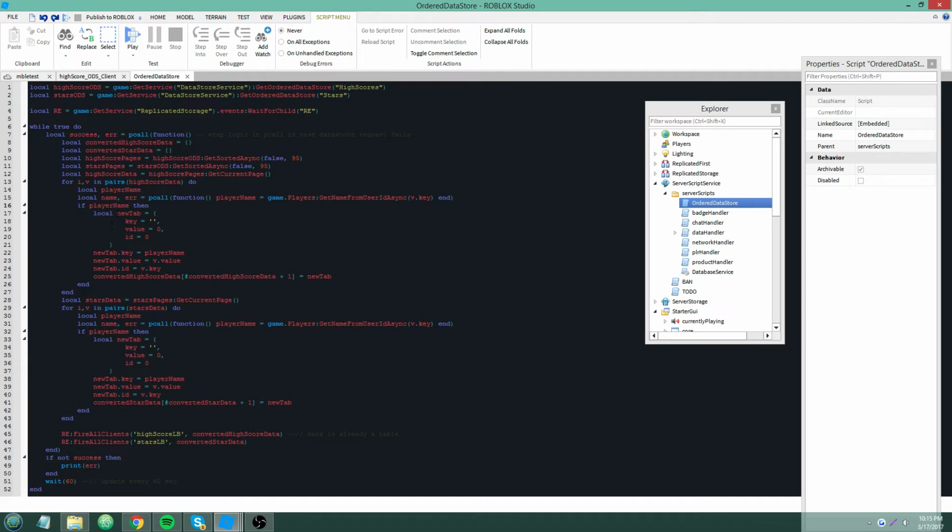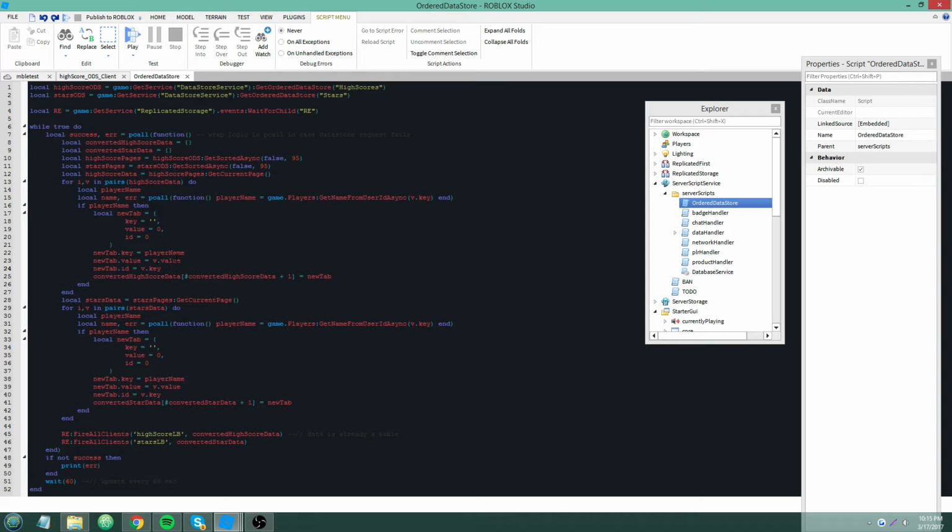So we're defining a table here, local newTab, short for new table, string keys, the first index key is equal to an empty string, value is 0, ID equals 0. So newTable.key equals playerName. That's, again, all this is for display in the local script.